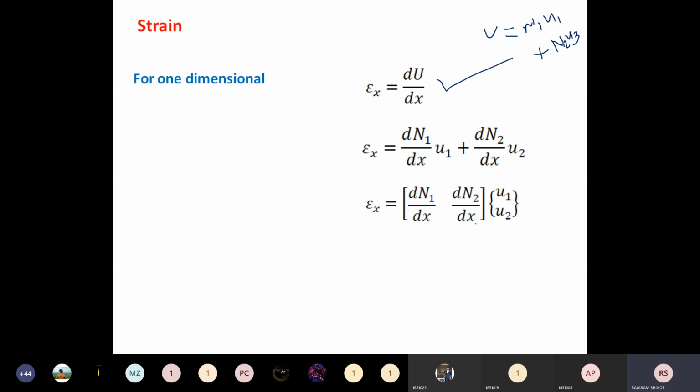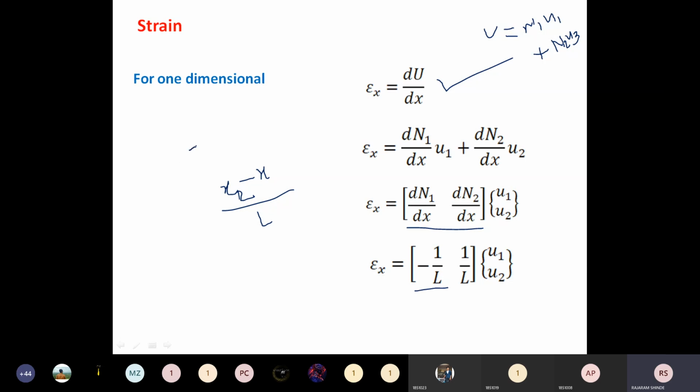This is in matrix form. We are doing everything in matrix form. Now here the derivative of this one, for the linear element, is minus 1 upon L, and this is 1 upon L. Okay. So you see here, because N1 is (x2 minus x) upon L, now when we differentiate this, you will get minus 1 upon L,